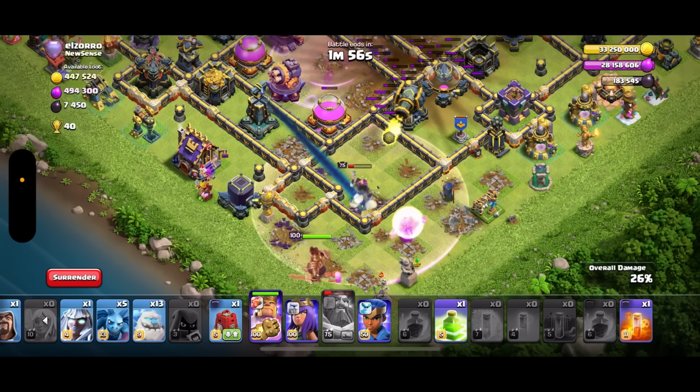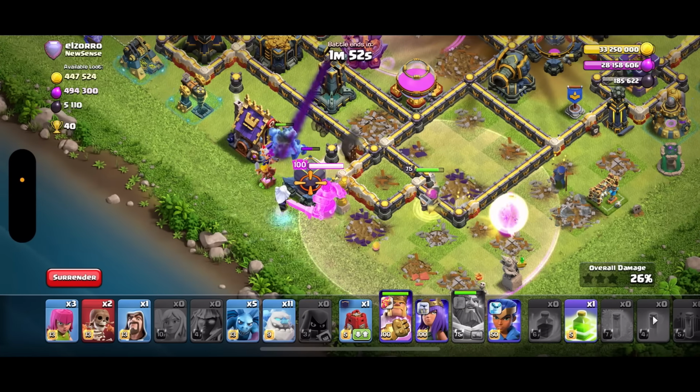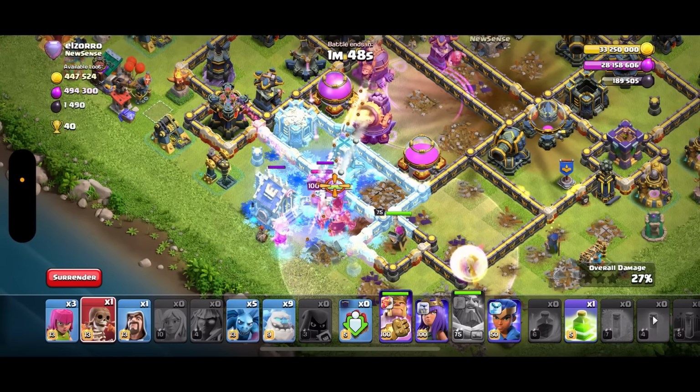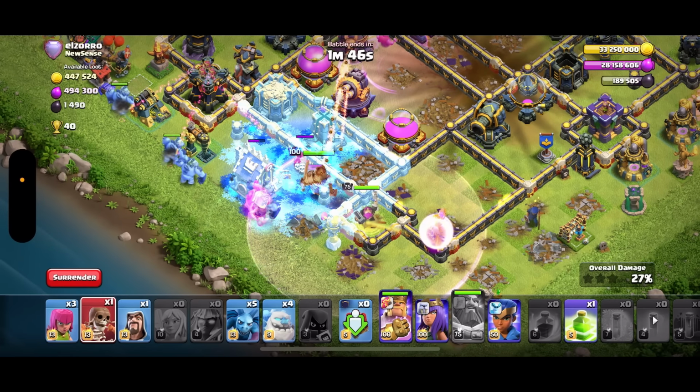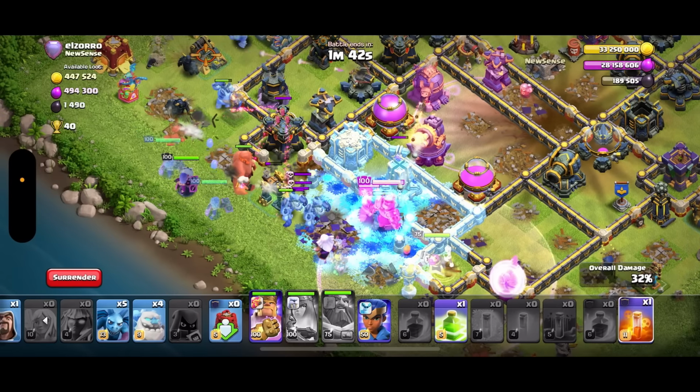Oh no, get out of there. Drop a couple ice golems. Oh my gosh, we saved him. Ice golems right there. Siege barracks, couple ice golems. Maybe some more ice golems, maybe like 5 more. Queen right here in between the siege barracks and